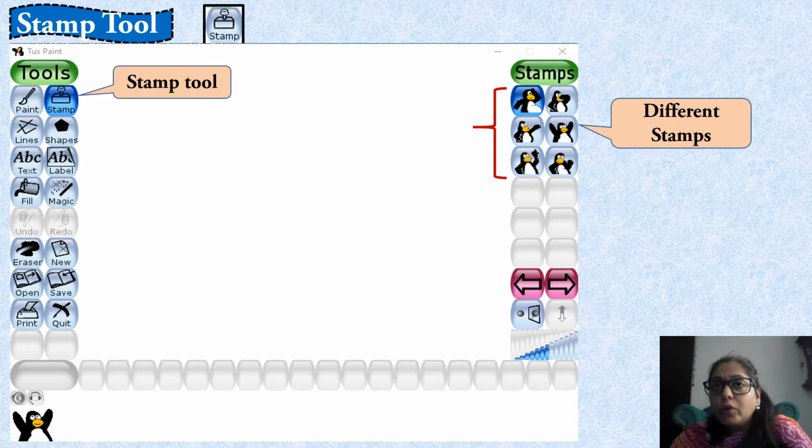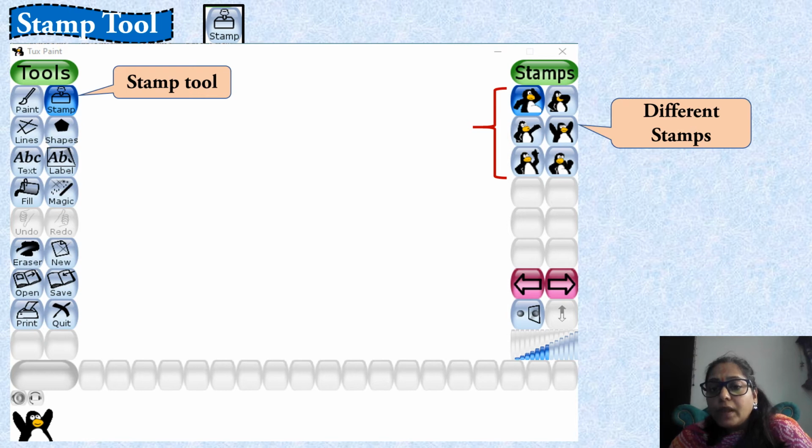But if you want to download more stamps, you can use the link that we discussed earlier. Now these stamps are available and we can put them in our drawing. It will look like a sticker.